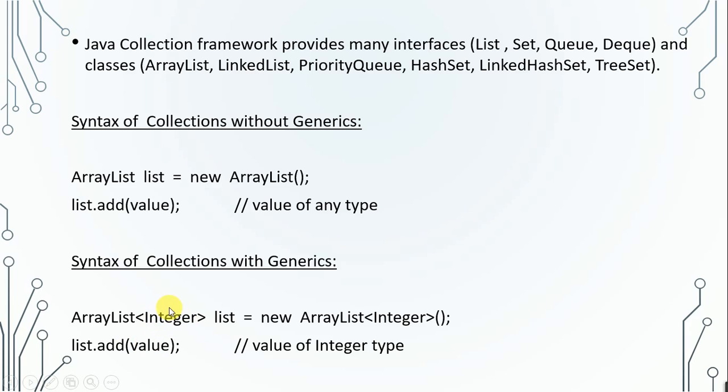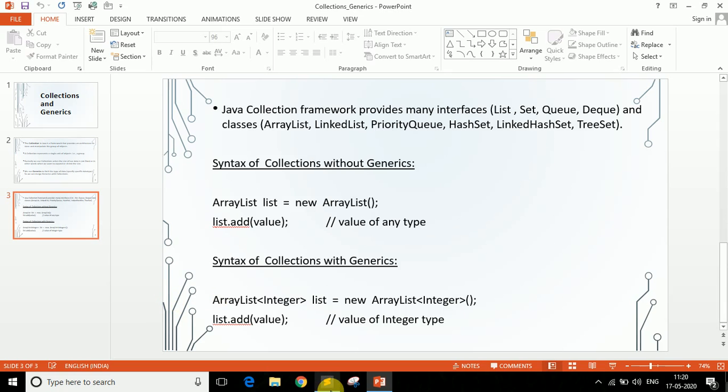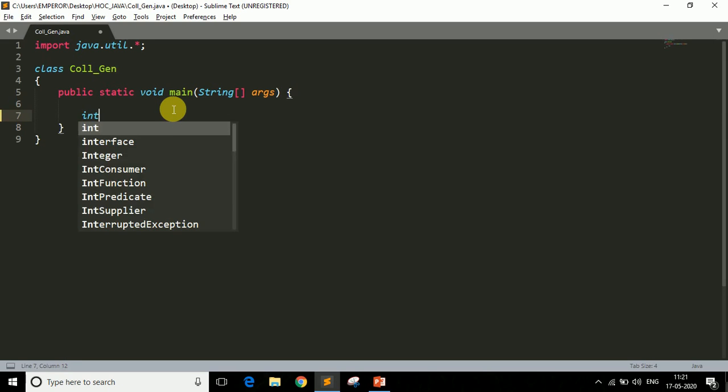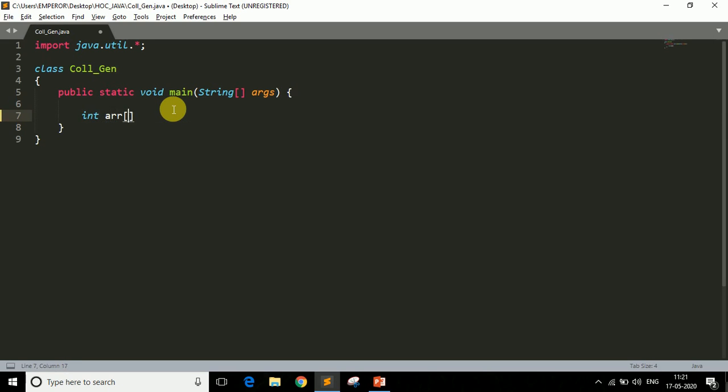Okay, so let me show you the program now so that you get a better idea. So here I have a Collection_Generic class and the main method, and you have to import the java.util.* package. Now generally, if you want to store a bunch of data, we use an array. If we use an array, we write an integer array equals new integer, and within these brackets we generally specify the size.